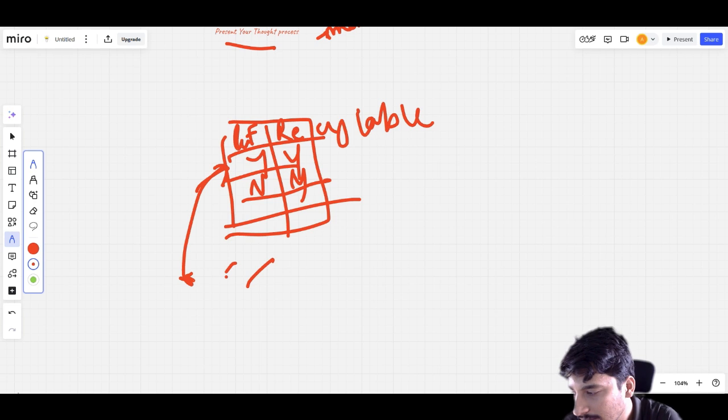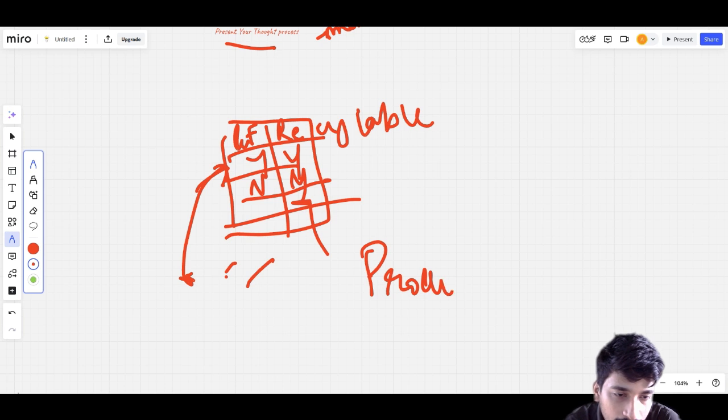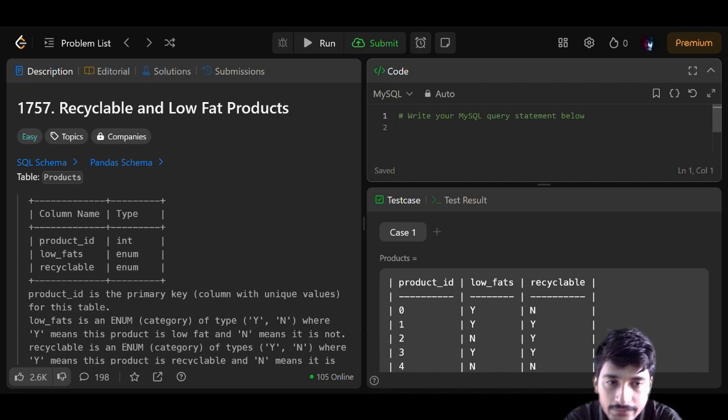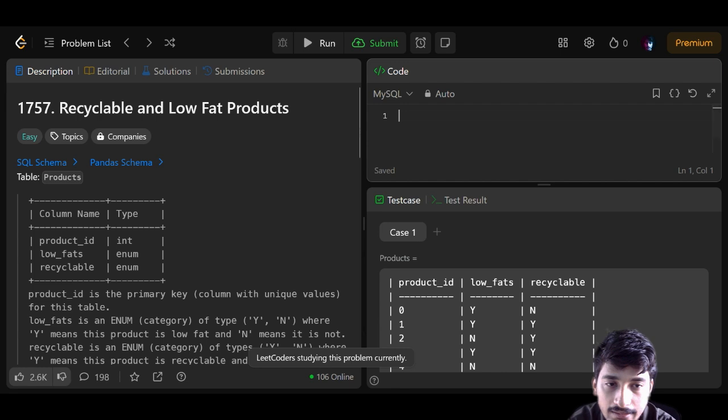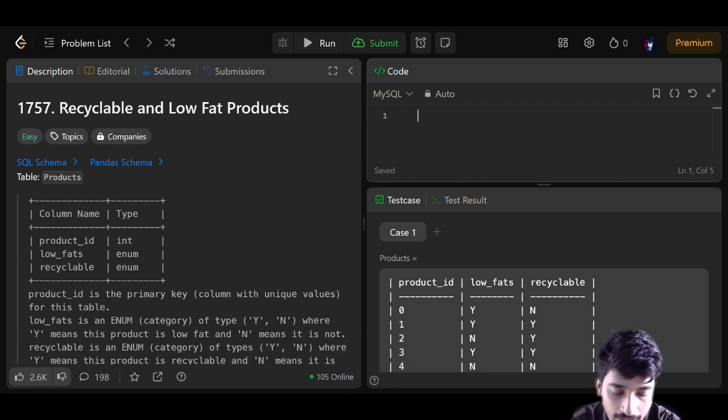So how could we do this? First, we need to return the product ID also, to remember. So how do we do this? Basically if we go here, we remove the comments, and then in caps, select what we need to select. We need to select the product ID. So select product ID from which table we need to select, basically from table products,